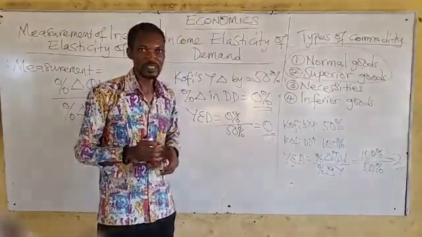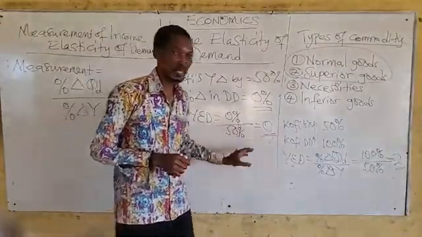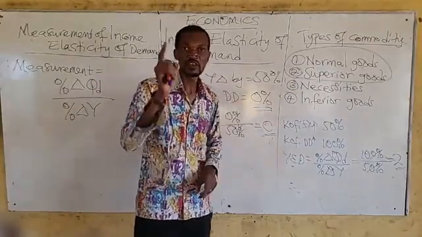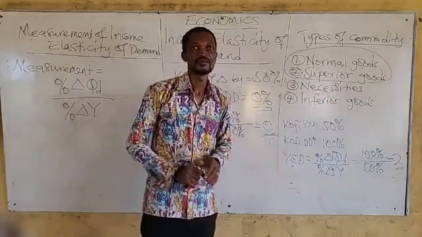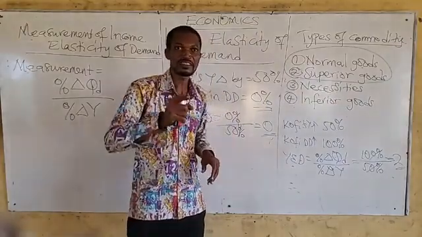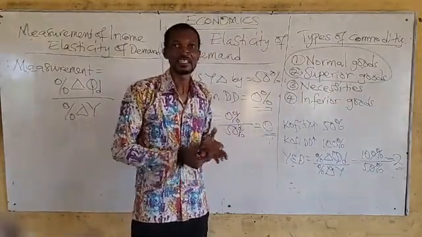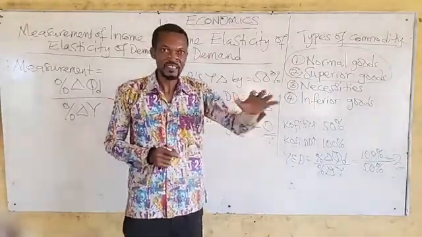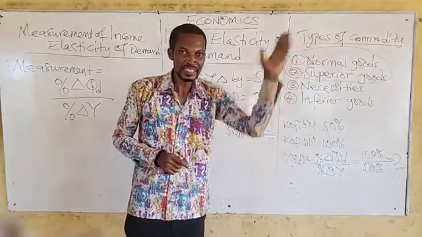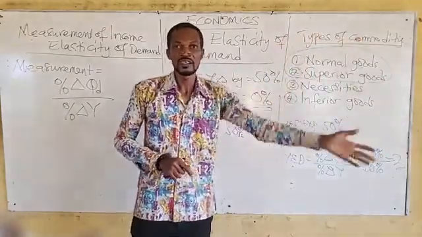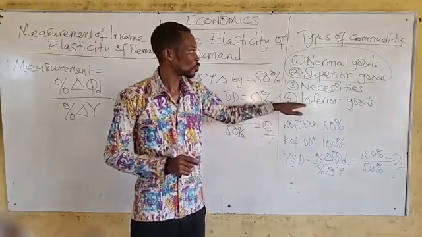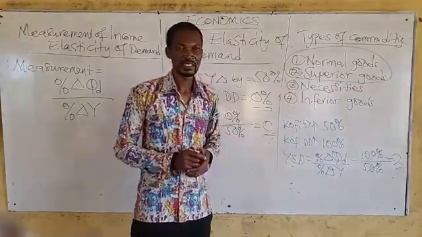So what is the interpretation? When you calculate income elasticity of demand and your answer is 0, the type of commodity you are referring to is a necessity. That commodity is a necessary commodity. It's a commodity that is subject to what we call satiety, i.e., at a given quantity, your demand remains the same, irrespective of the income that you are earning. So that will be for what you call necessities.